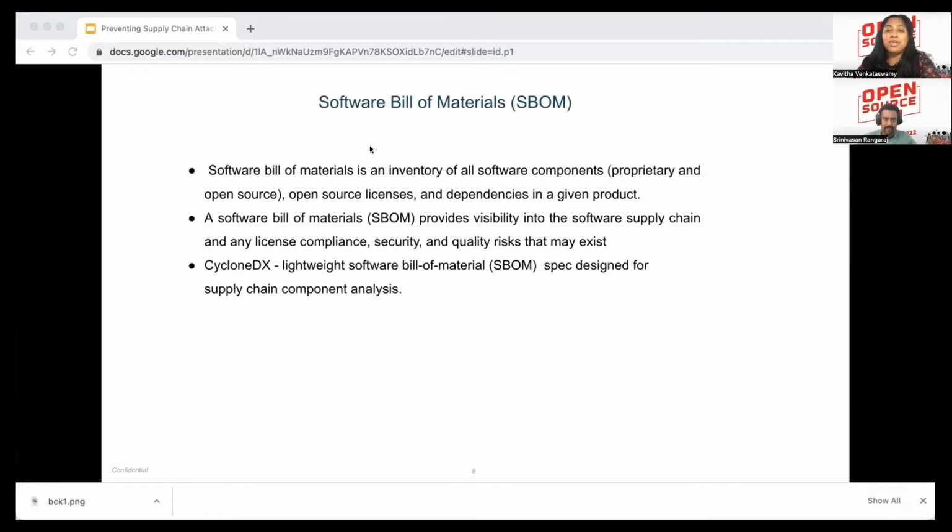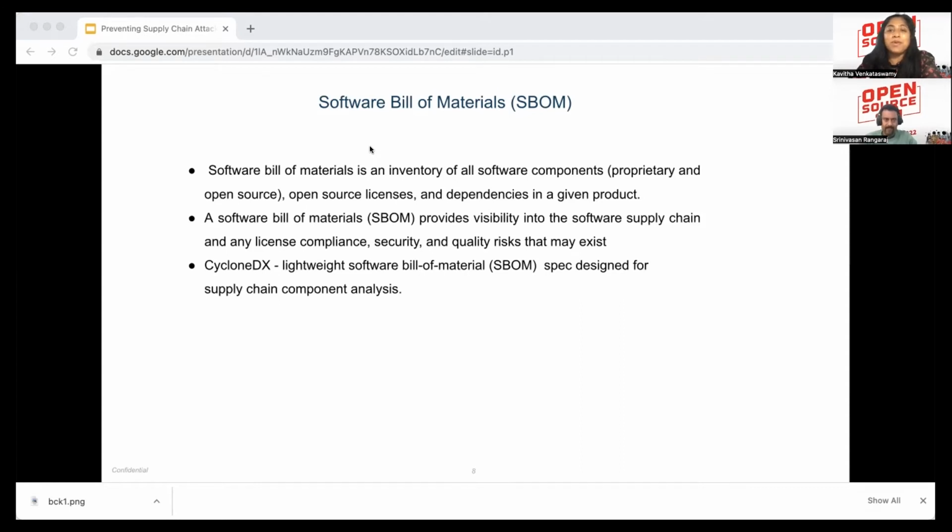Now I want to introduce the concept of what is a software bill of materials. A software bill of materials is nothing but a list that has all the open source and the third-party components listed. Basically it lists the licenses that govern those components, the versions of the components used, and the repository, like a PURL, which we are going to see in detail, how the SBOM will look like.